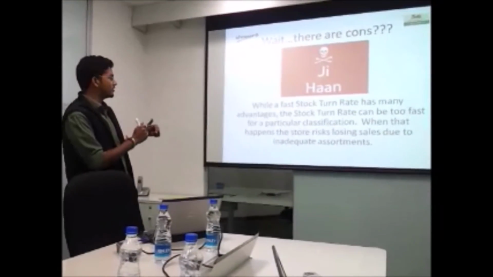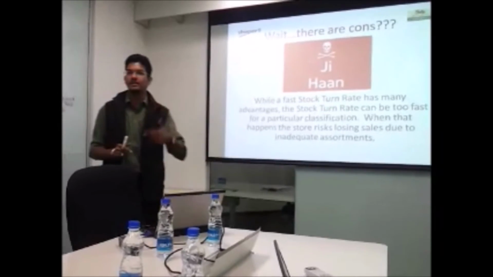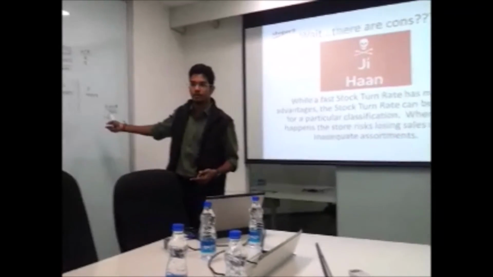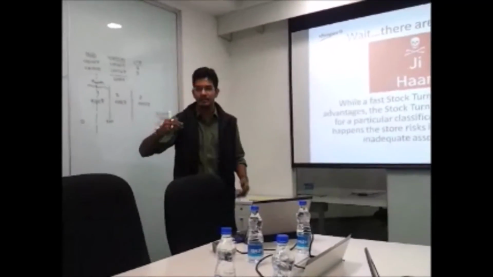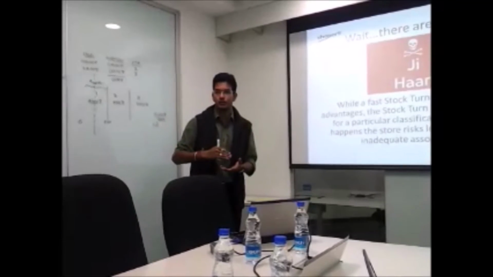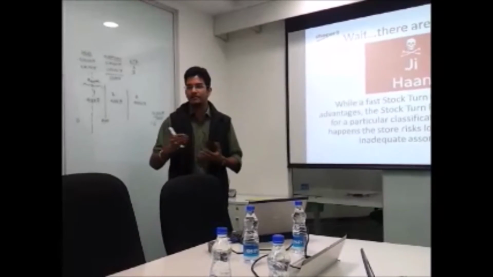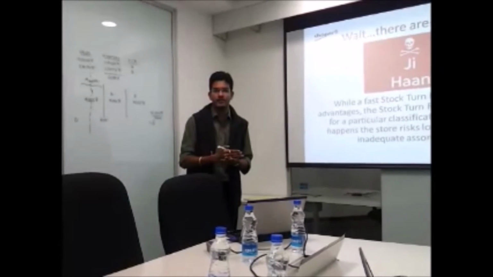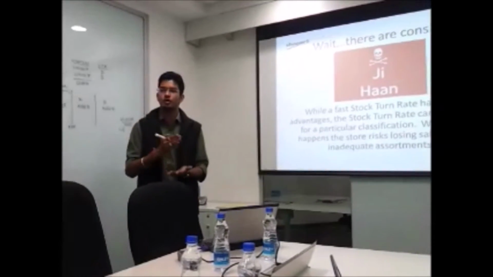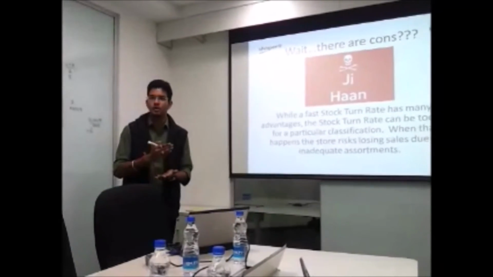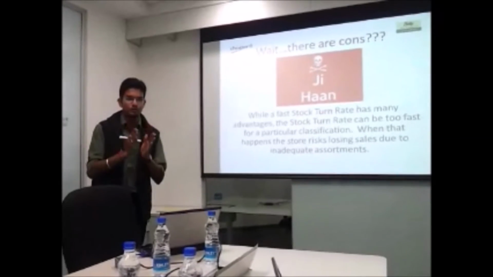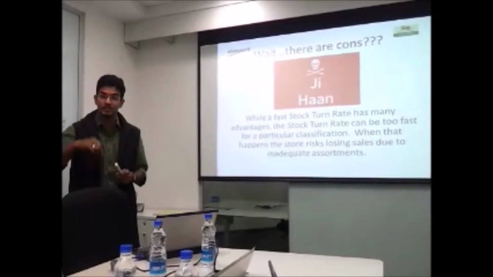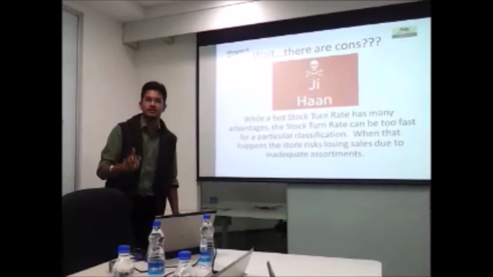So if your STR is very high, as in this scenario, it became almost close to 6, in that case it implies that your inventory level is very low. So automatically it's like a trade-off. If you have low levels of inventory, automatically you run the risk of not reaching your potential sales targets or your potential profit targets. So you have to work with a particular STR which will give you that profit, and yet you will not run the risk of a stock out situation or low inventory situation.